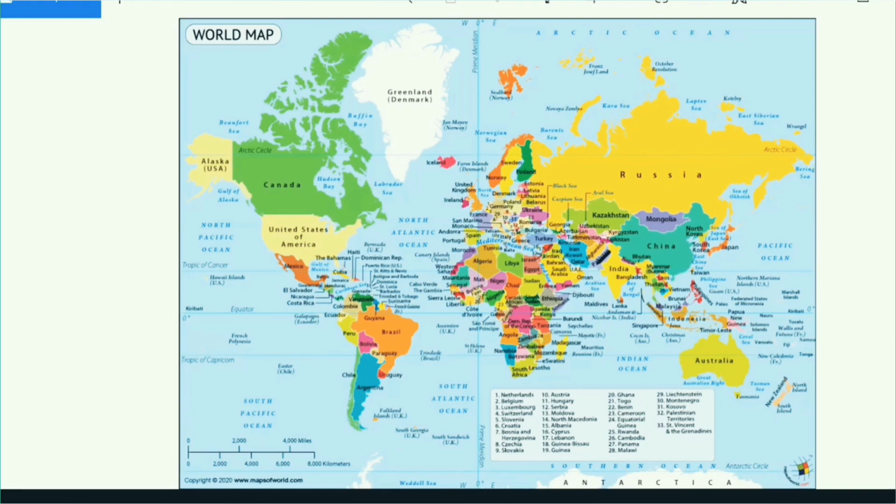With the help of this oceanic part, can you see? Yes, it is there, right? With the help of this oceanic part, it is able to connect with several other countries. What are those countries? Let us check. India can connect with Africa. India can connect with Europe. India can connect with Australia. India can connect with Brazil, or you can say South America. India can also connect with